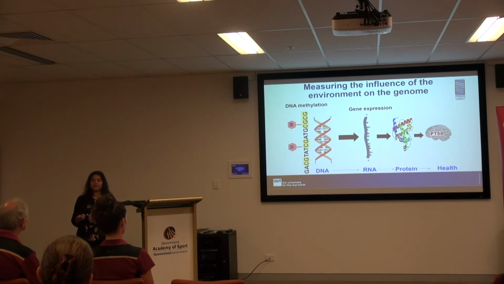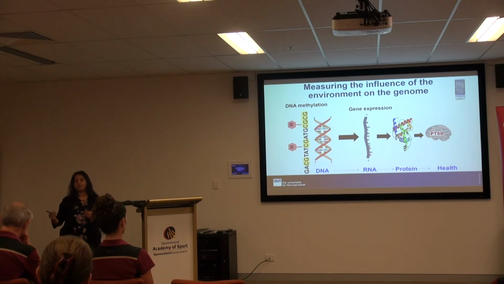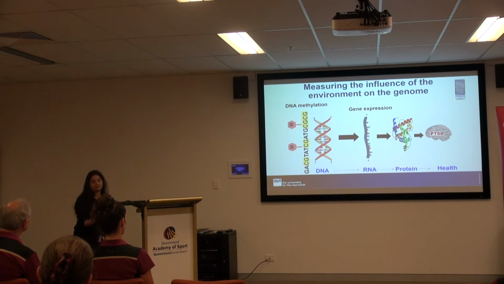Now, DNA methylation is one of the most common and widely looked at types of epigenetic changes. Epi in Greek means on top, and epigenetics basically involves chemical modification of our DNA. As I mentioned, the code does not change, but what changes is the downstream expression, which means that through DNA methylation or through epigenetics in general, our gene function, gene activity can change, and this can influence our health.